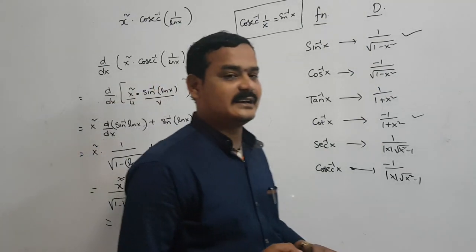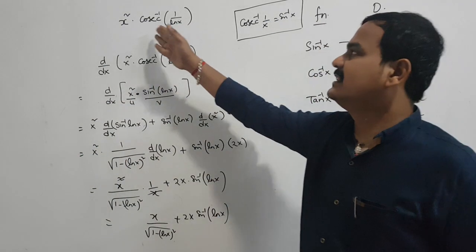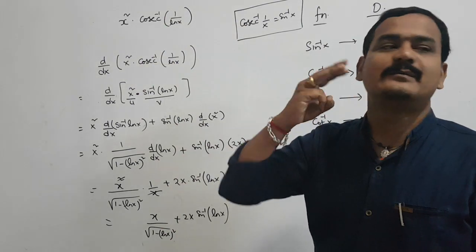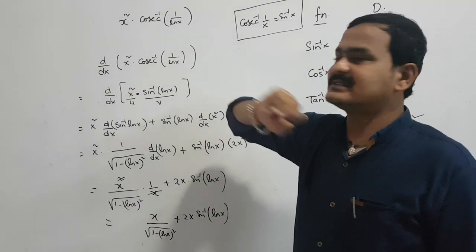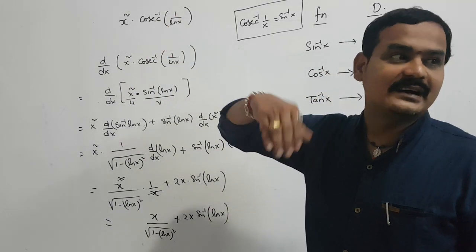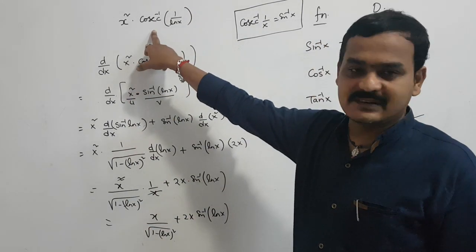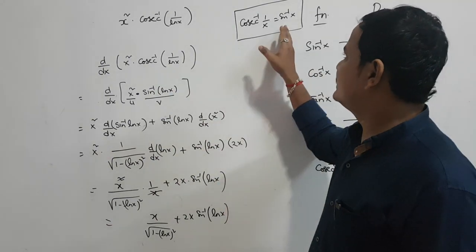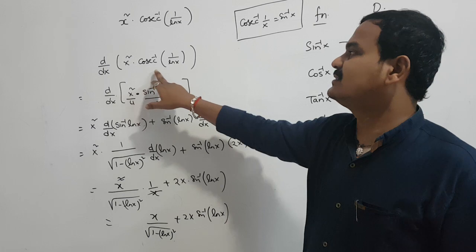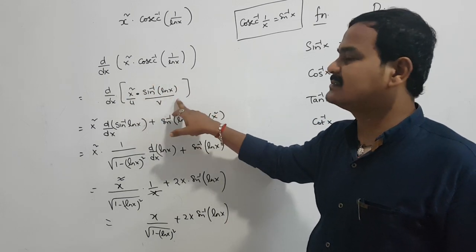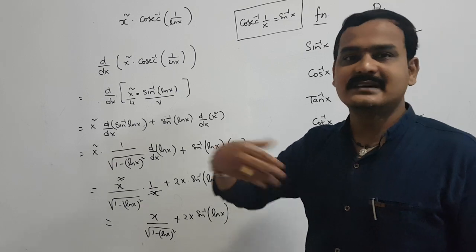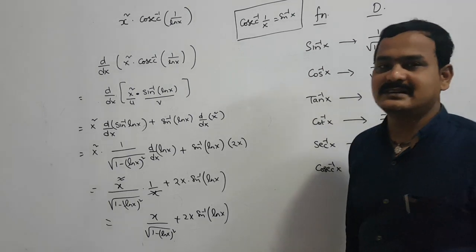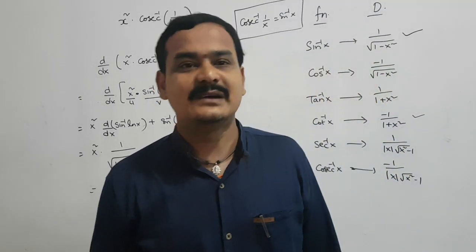But in your textbook, the differentiation is done directly on cosec⁻¹(1 by ln x), because if you take that directly, it will give three functions. First one is cosec⁻¹x, second one is 1 by x, third one is ln x. But using this formula, I can convert the three functions to two functions. Cosec⁻¹(1 by ln x) is equal to sin⁻¹(ln x). Now we have two functions. First is sin⁻¹x, second one is ln x. So differentiation becomes easy.